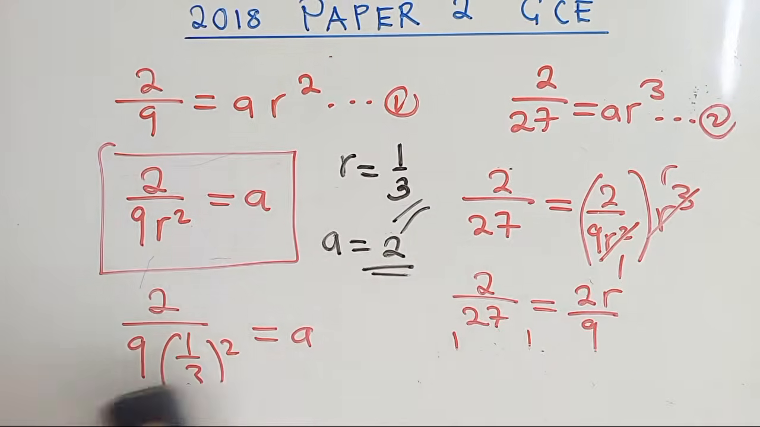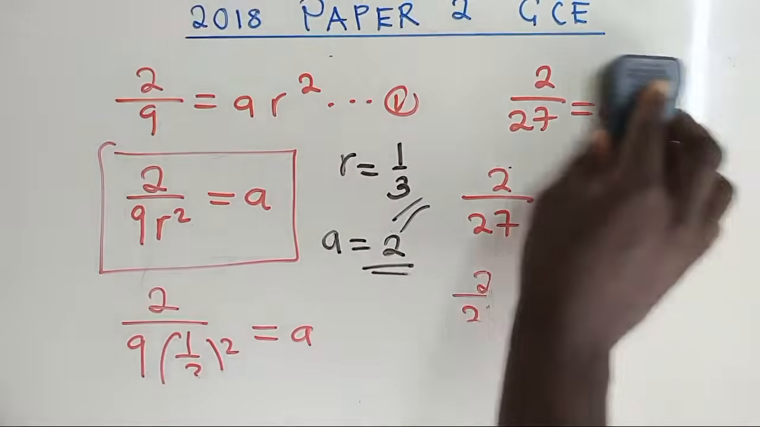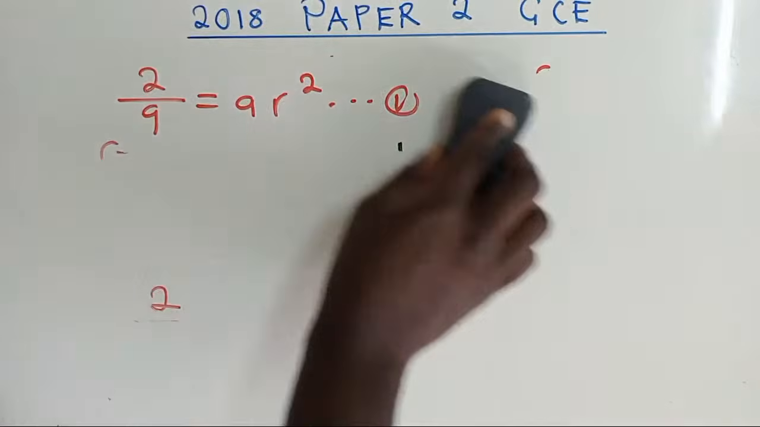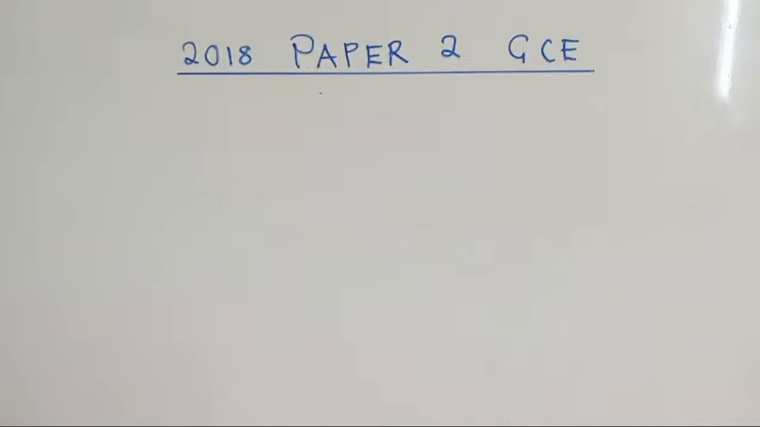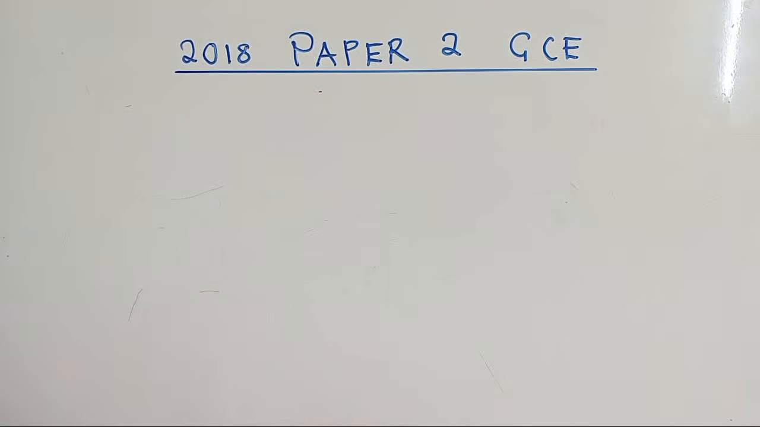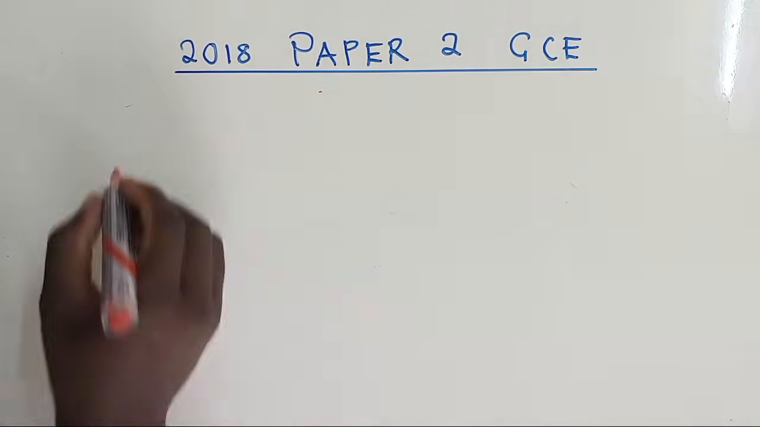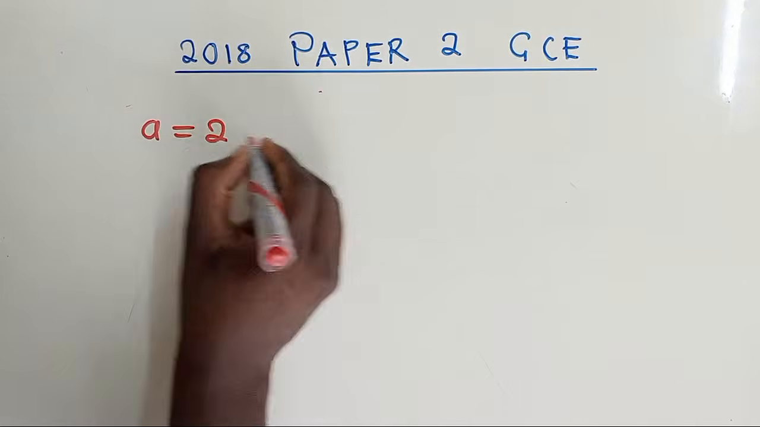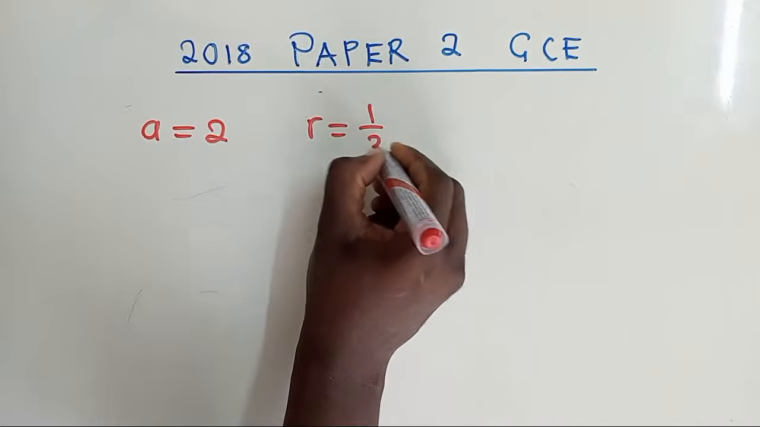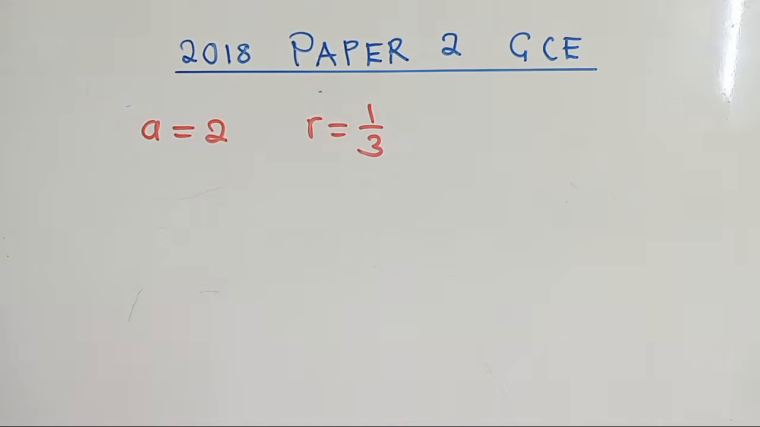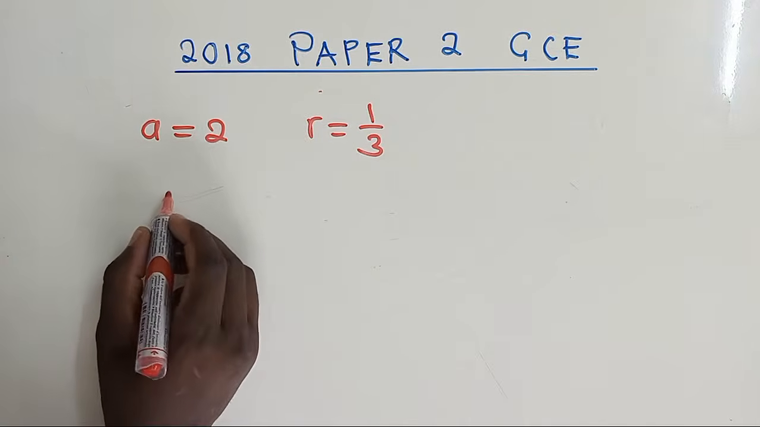So let's try now to find the sum of the first 5 terms. For the sum of the first 5 terms, remember we have A and R. Our A is 2, and our R is 1/3. We just calculated this. So now to find the sum of the first 5